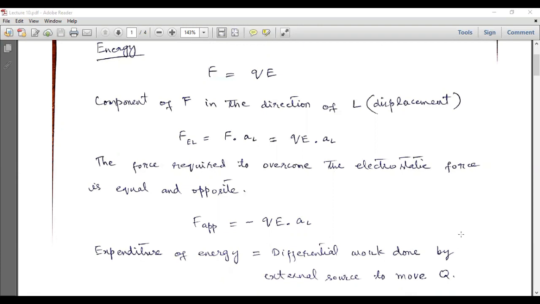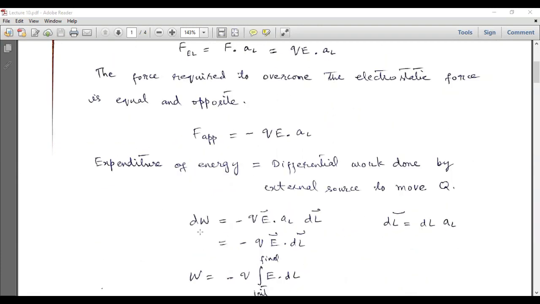done by external source to move Q, and dW is the differential amount of work, and that is equal to minus QE dot aL multiplied by dL, because work or energy is equal to F dot dL. So this is F, and here we have dL. dL is the differential amount of displacement, and dL is equal to dL aL. dL is also a vector quantity because it is a displacement, and it is equal to the magnitude of the differential displacement multiplied by the unit vector in the direction of displacement, and dW can be written as minus QE